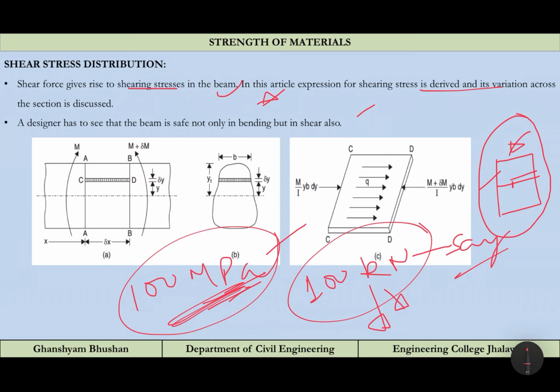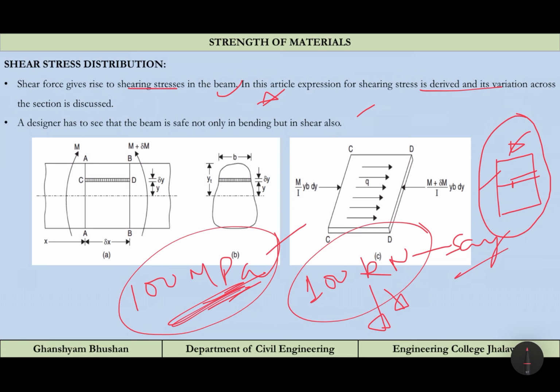The bending stress and shear stress mostly have different permissible values. A material behaves differently in bending, so a material can be strong in bending and simultaneously weak in shear. So we have to check for shear, and bending we have checked. In the previous chapter we derived the bending formula, and with the help of that formula we can calculate the bending stress. If the bending stress is greater than the allowable stress, then the design fails, it is not safe. And if it is well within the limits, the design is okay.